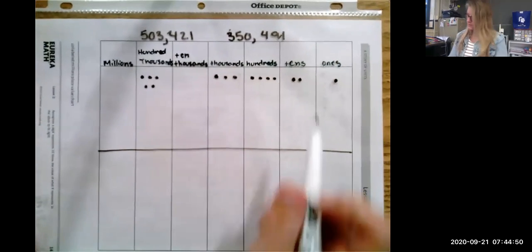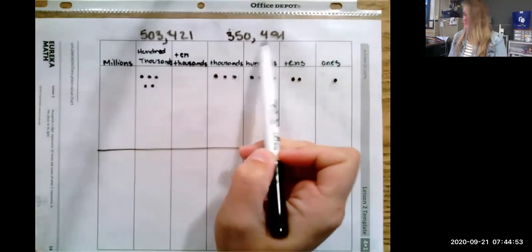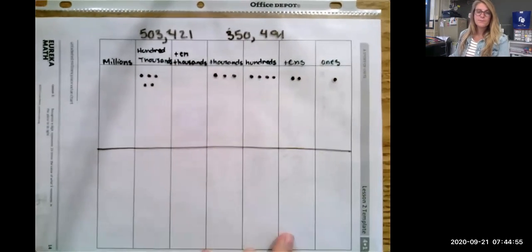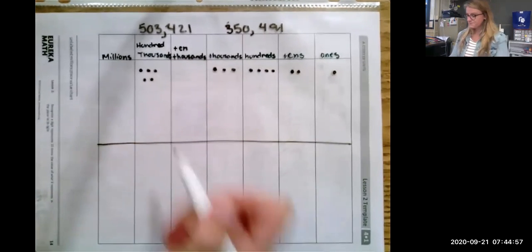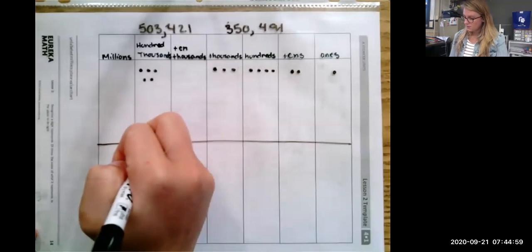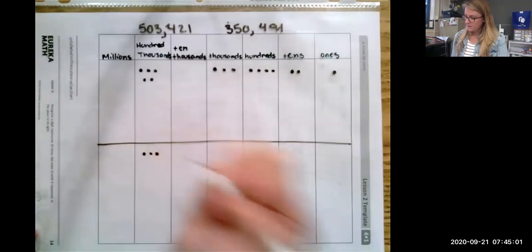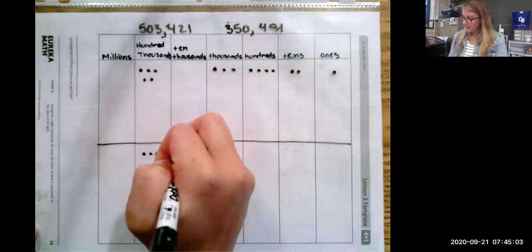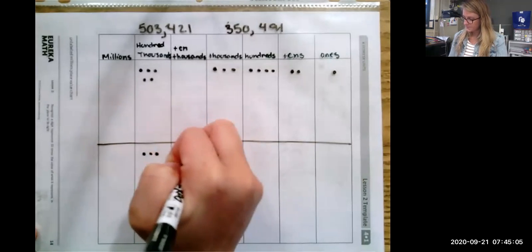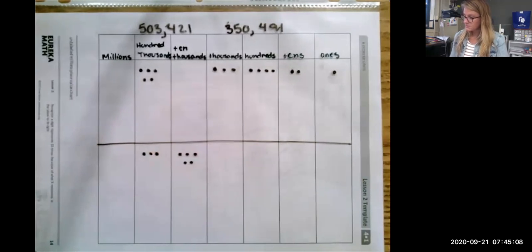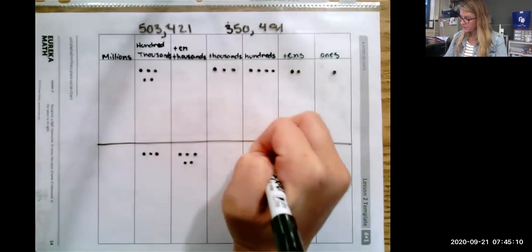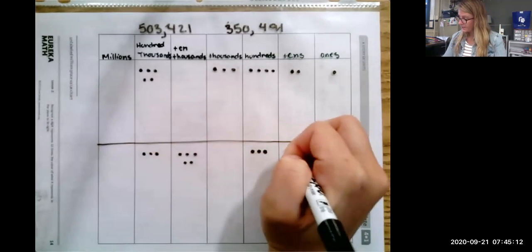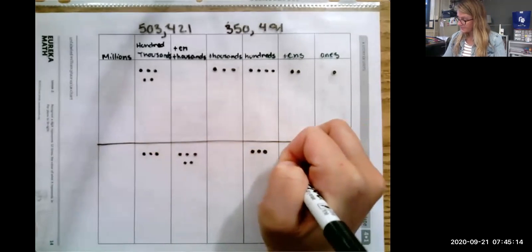My second number, 350,491, I'm going to put below my line. I have 300,000s, 5 10,000s, 0 thousands, 4 hundreds, 9 tens,